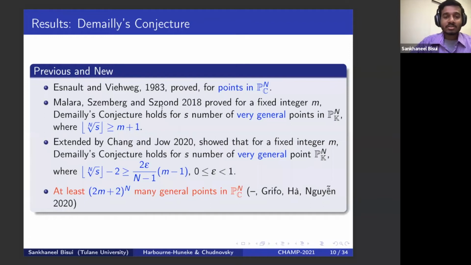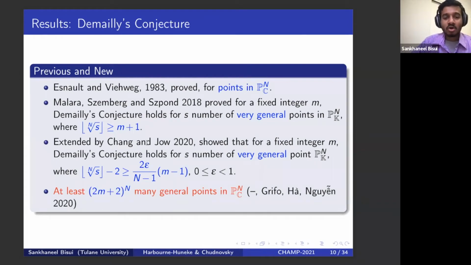Later on, Malara, Szemberg, and Szpond proved Demailly's conjecture for s many very general points, where the number s of points satisfies this condition: the floor of the nth root of s has to be at least n plus 1, which was